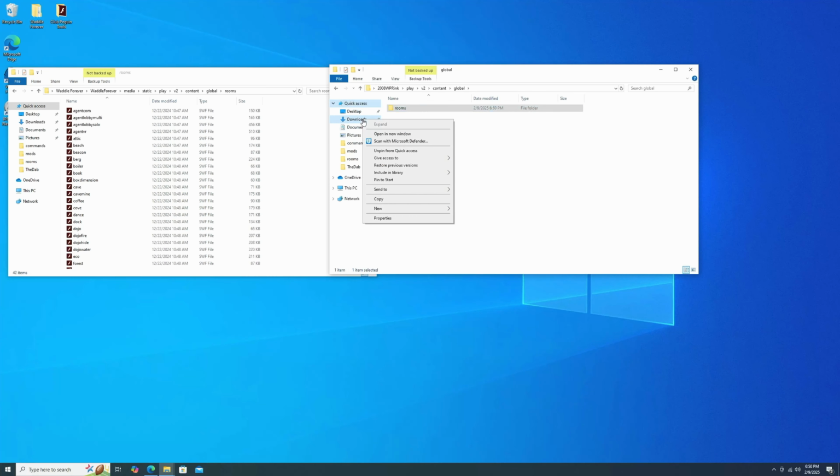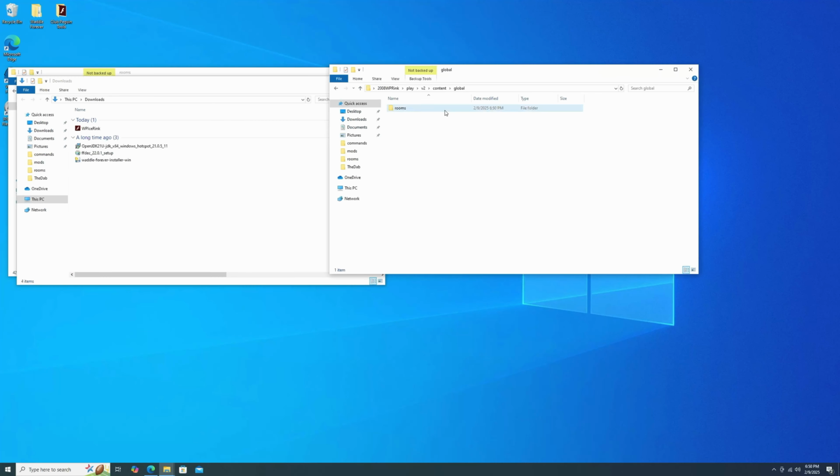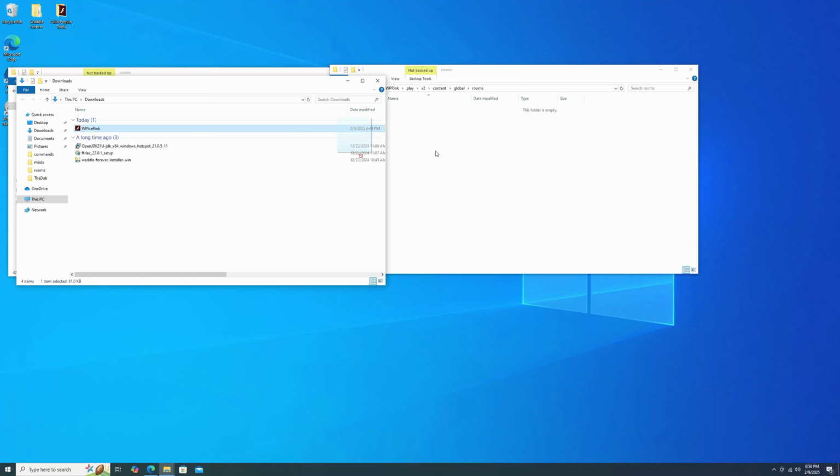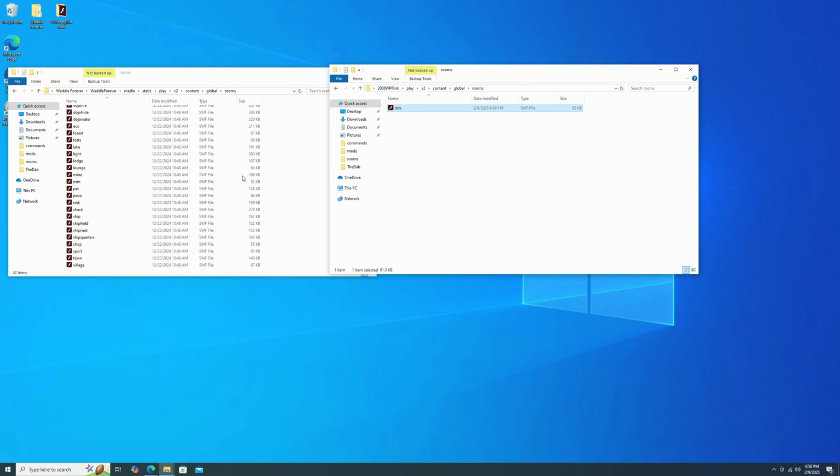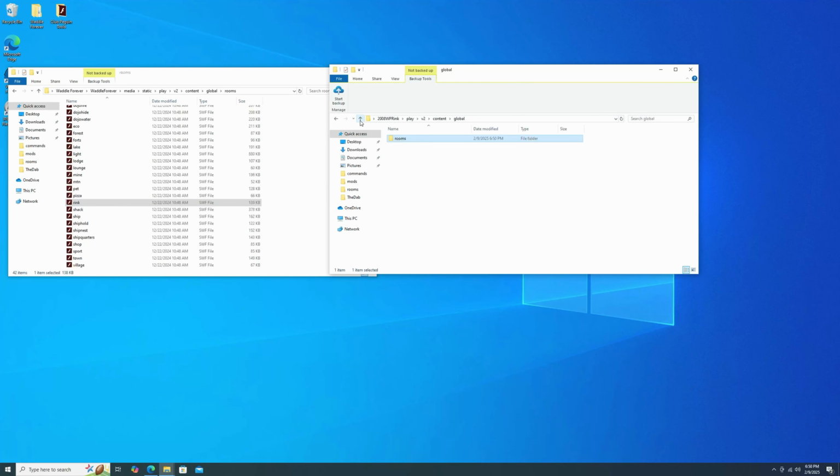Now we're going to open up our downloads, and grab the Water Party Ice Rink that we downloaded from the Club Penguin archive. And we're going to rename this just Rink, because that is what it is named in Waddle Forever. We're going to replace that file in particular, so you're going to want to give it the same name. And then one other thing that I would suggest